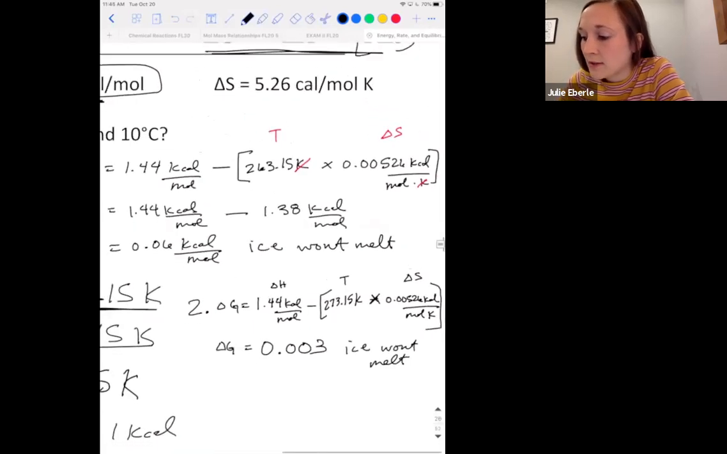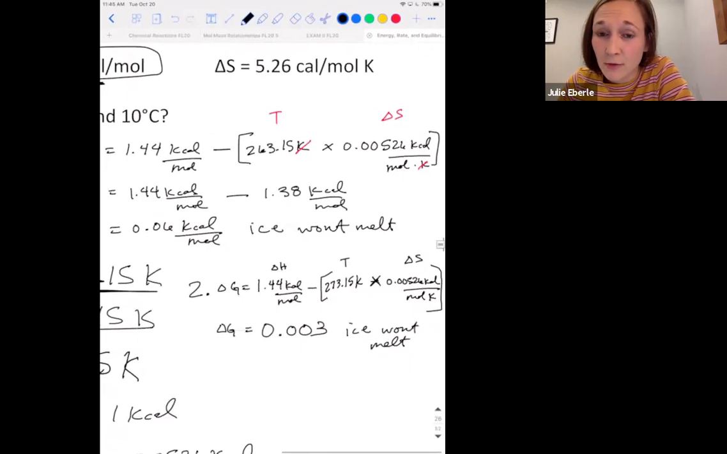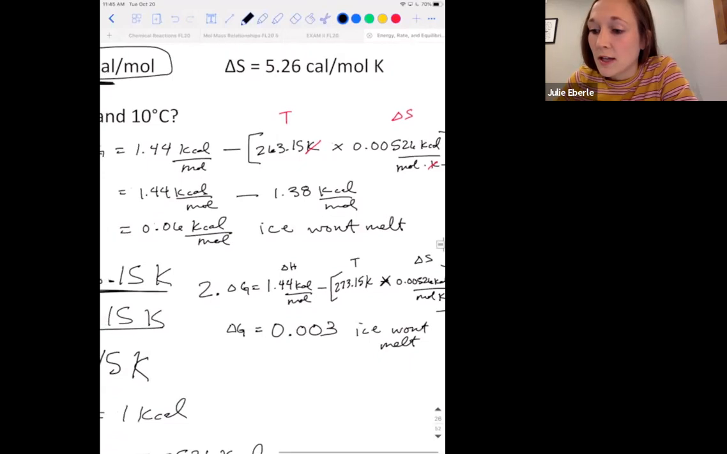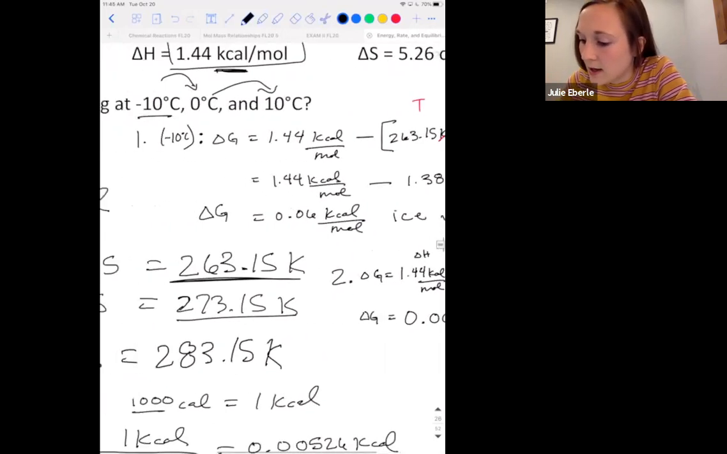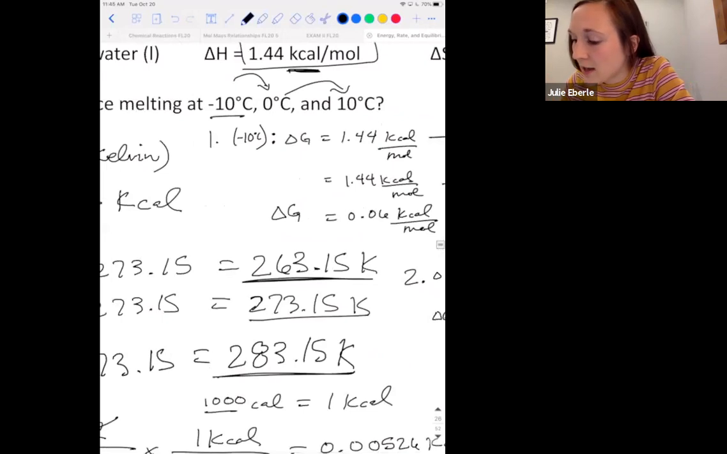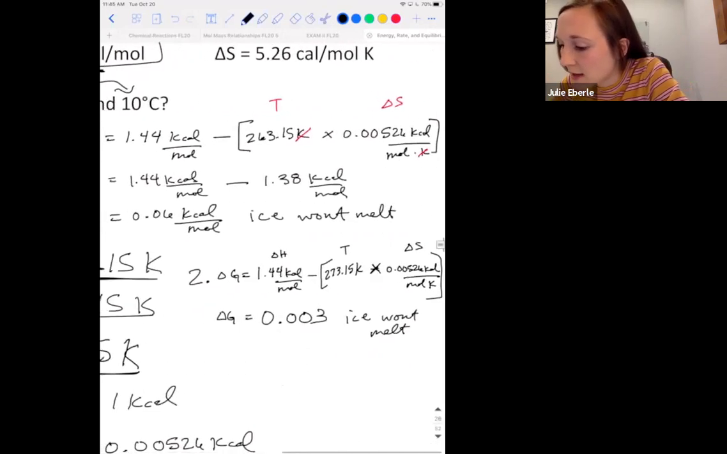But let's look at what happens. We're closer, though, to a negative number. And remember, when delta G becomes negative, then it becomes a favorable reaction. So here we went from -10 to 0. We increased the heat. Now we're going to increase the heat again, or the temperature, I should say. Our temperature for this one is 283.15 Kelvin. So this last one, number 3,